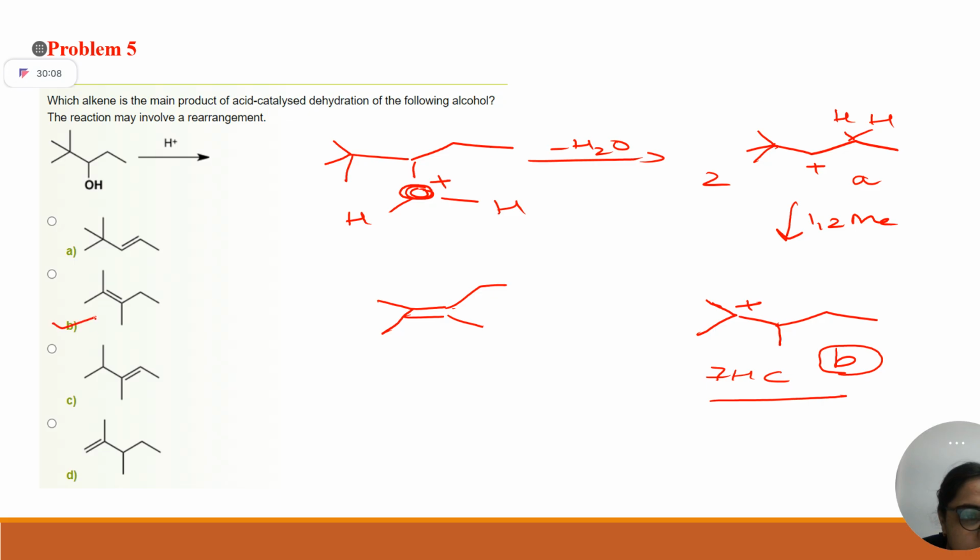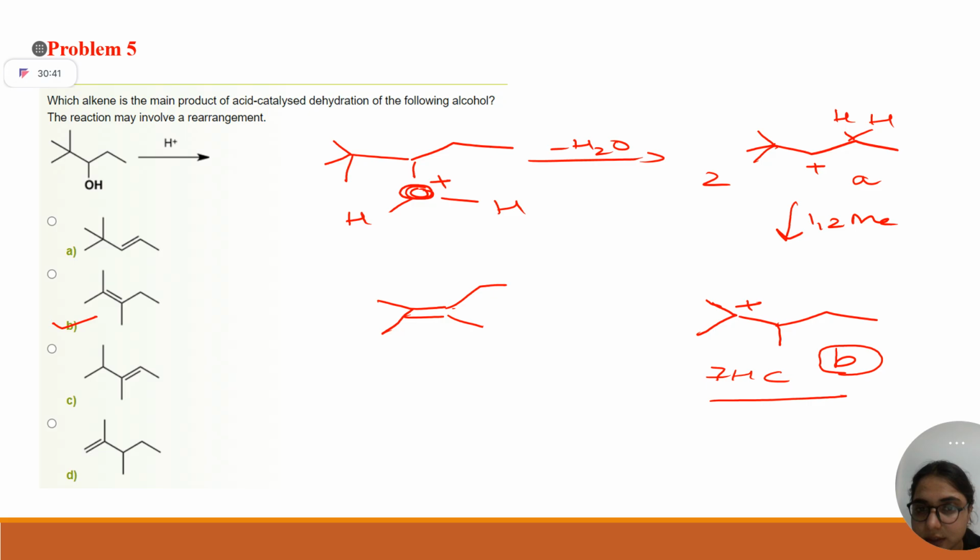Correct, students, how am I solving these types of problems? First, I am making a carbocation by making it a good leaving group. Then what am I doing? I am doing a shift: 1,2 methyl shift, 1,2 hydride shift. Now you will ask me, ma'am, which group should we migrate? Whatever possibilities are there, you should migrate and see if you are getting a carbocation more stable than your previous step. If yes, then go ahead and do elimination. Clear?